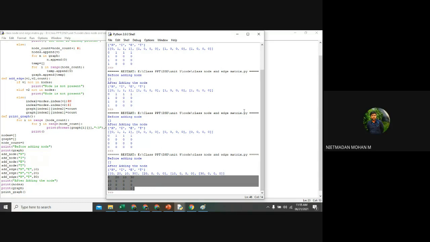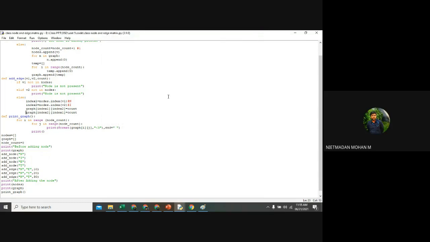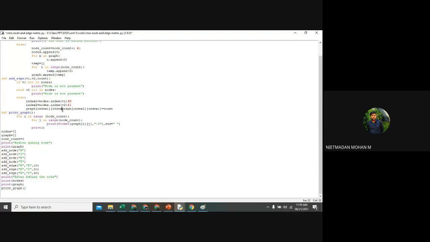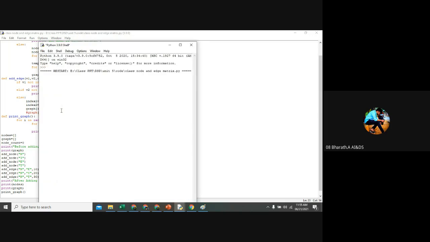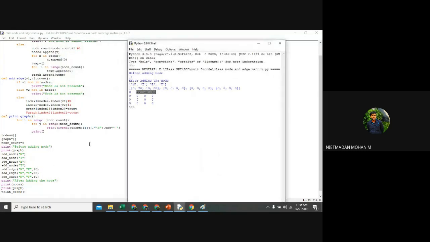Yes, sir. Yes. If I want to go with the directed weighted graph, then I want to remove these lines of code. Am I right? Yes, sir. You can see here only for the n vertices we have given the value. So 10, 20, 10 and 30. Whatever weight you are giving for those particular edges, that weight will be displayed in your matrix. That is the thing. Clear?